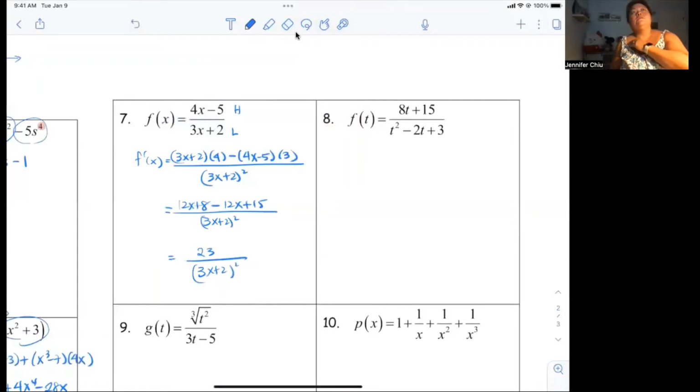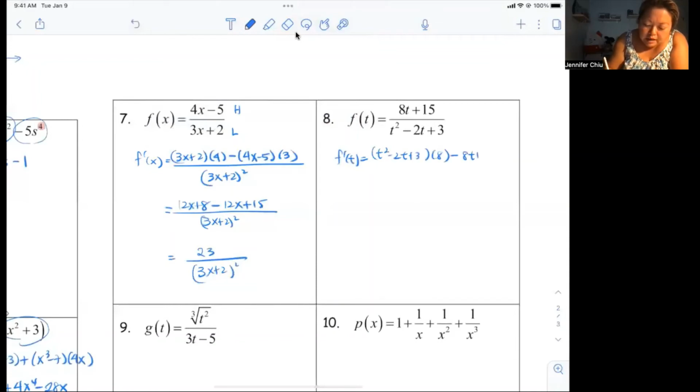Now, I'm not going to ask you to find the second derivative of this particular function because you have something squared in the denominator and you don't have enough tools to find that derivative. So we're going to leave it as is. All right, so take the first derivative only. All right, keep practicing. We're going to practice this one, f of t. All right, so you have low d high minus high d low all over low